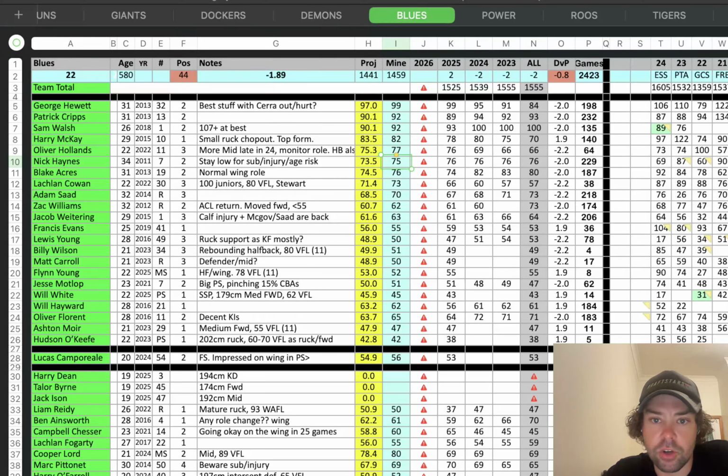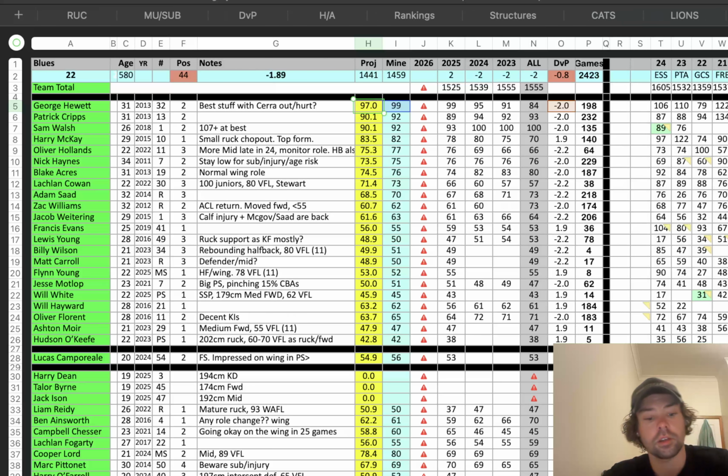Make sure the team total is about where I want it. And then those are my projections for the week. I use the numbers in this yellow column, put them into my CSV file for the solver, head over there and build lineups. So that's the AFL.